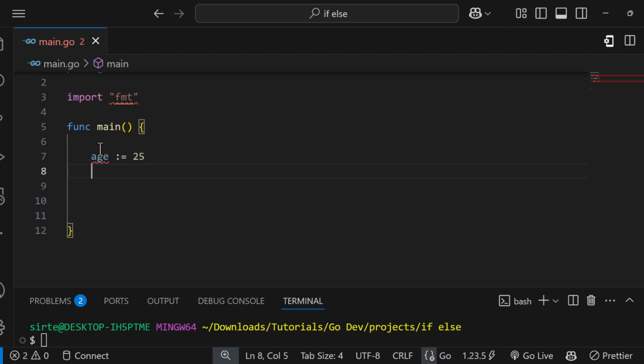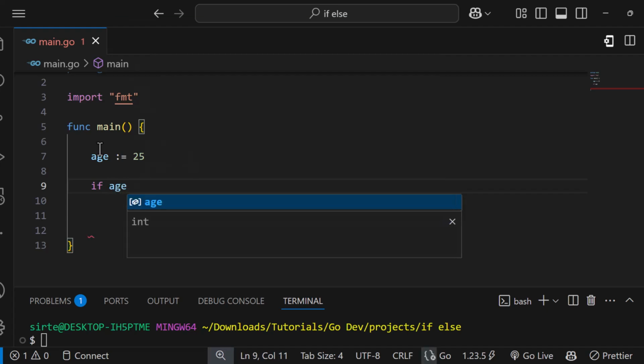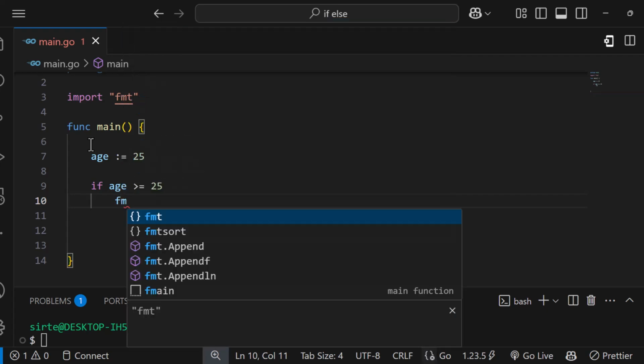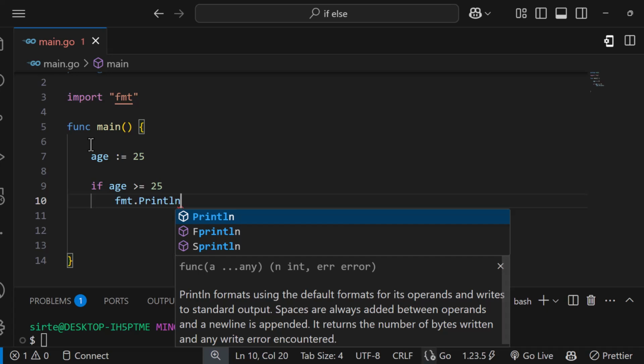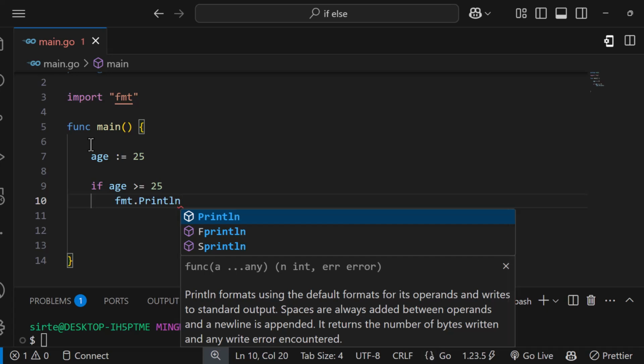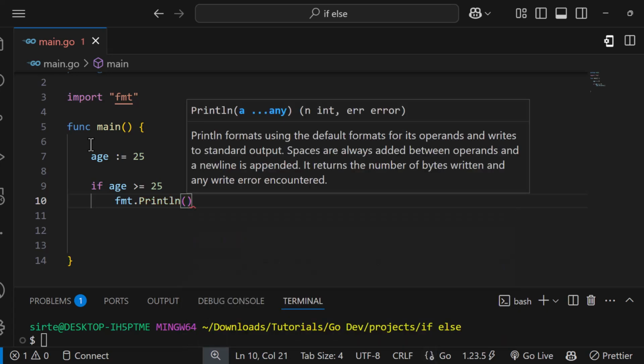Then in your if condition, you say if age is greater or equal to 25. Then you don't bring the curly braces, and you go ahead and print it out like this. You will get an error because it will not work like that, meaning that you always need the curly braces